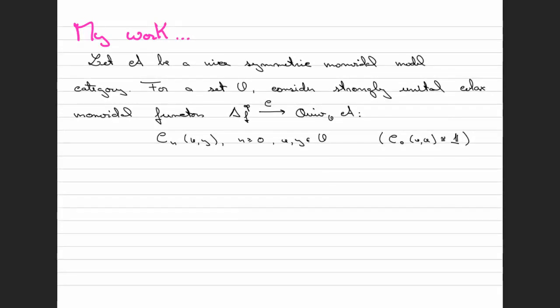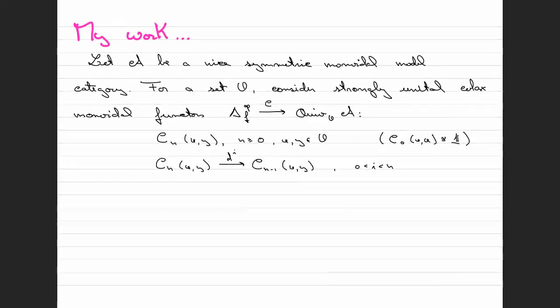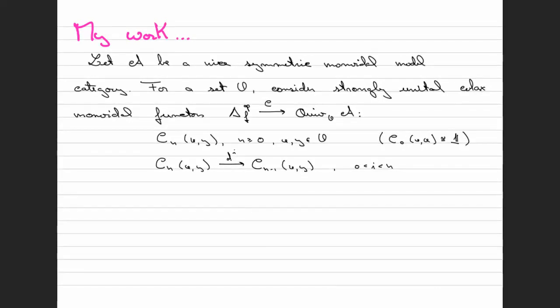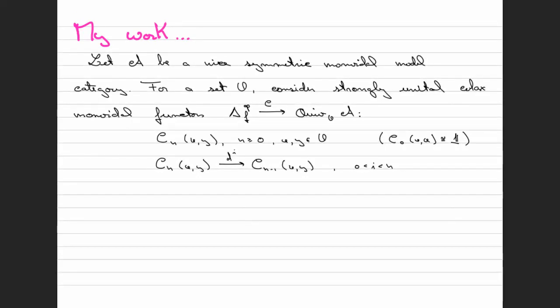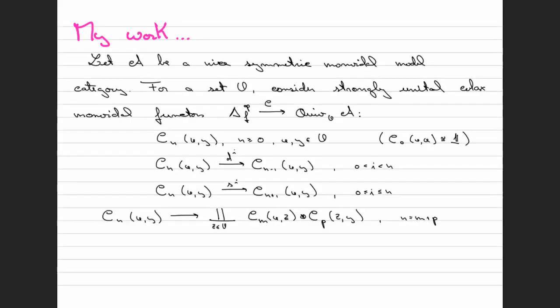Instead of having, for example, x, z, w, and y, these are sort of ghostly. This is for technical reasons. Then we have the inner face maps, and they allow us to keep the extreme vertices fixed, so they don't eliminate either the first or the last vertex. The degeneracies, we also keep them. And then this is the